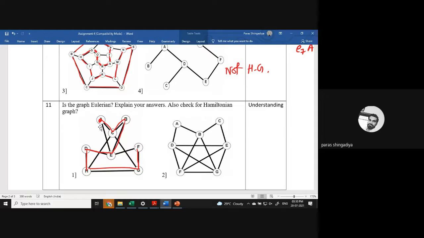Okay, so here just take the degree of all the vertices and you can easily find that the degree of the last two vertices, H and G, is 3. Rest of all have even degree, but these two vertices have odd degree. So in any way you can start with any vertex, but you cannot complete such a closed walk which covers every edge exactly one time. In any case it is not possible. You can consider any starting place and move in any direction. You cannot find such a closed walk which covers every edge exactly one time.